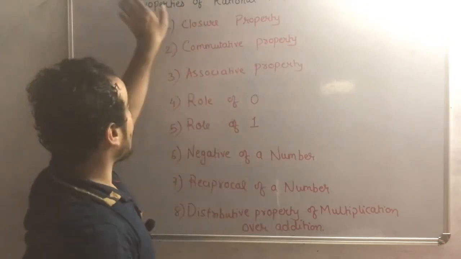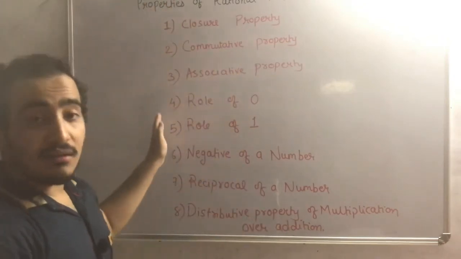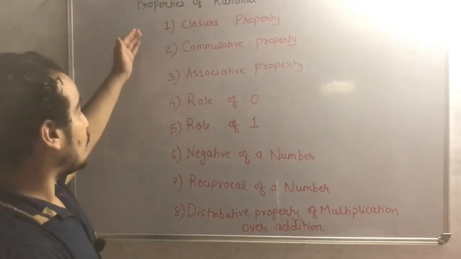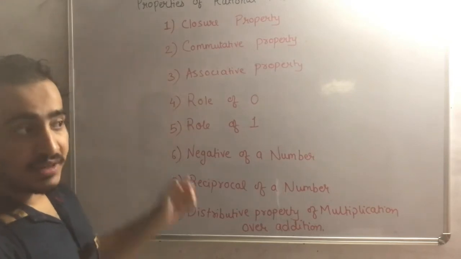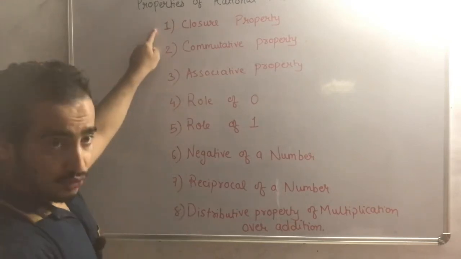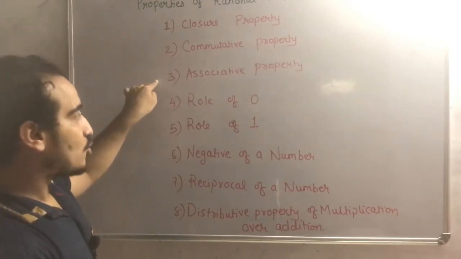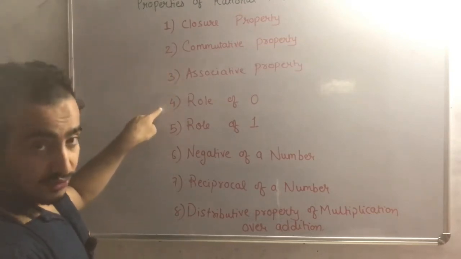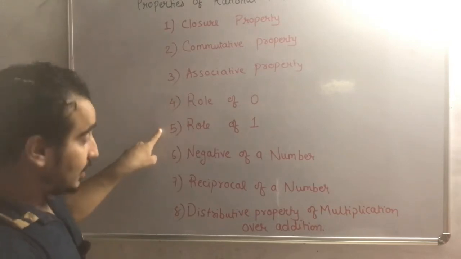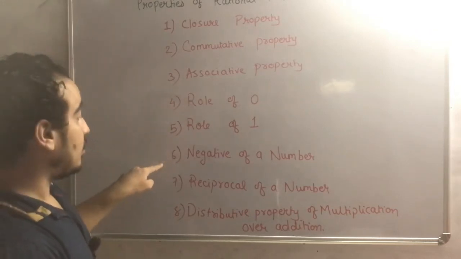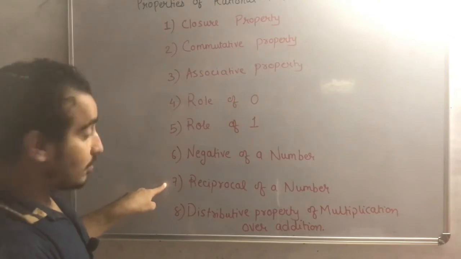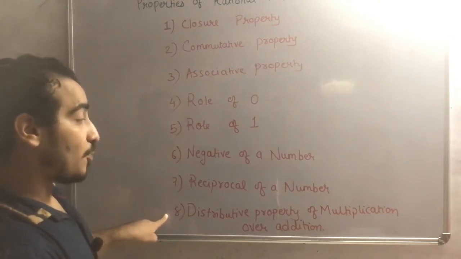So we will see the properties of rational numbers, and these are all the properties. We will see each and every property in detail, one by one. First is closure property, second is commutative property, third is associative property, fourth is role of 0, fifth is role of 1, sixth is negative of a number, seventh is reciprocal of a number, and eighth is distributive property of